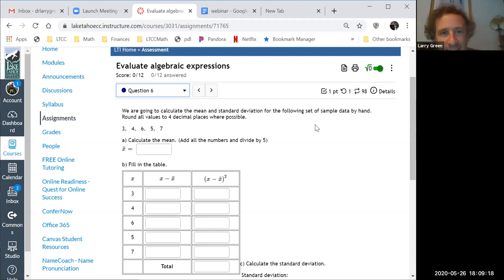So that's why it says calculate the mean, which means add the numbers and divide by 5. So this shouldn't be too bad. So let's see if you can do that. You can use a calculator, you can do it in your head, whatever you want. I'll do it in my head too. And by the way, I want to warn you, when you do your problem, it won't be these numbers. So don't just assume that you can write down the answer to what I get on your problem because it'll have different numbers. The numbers are all randomized.